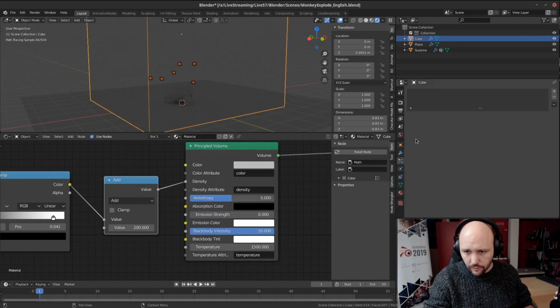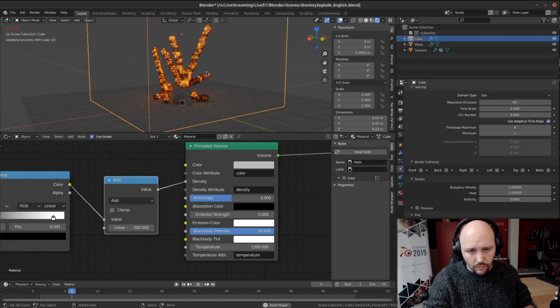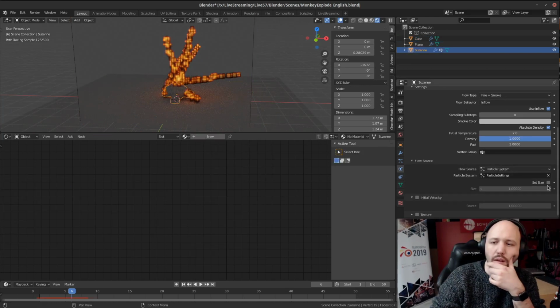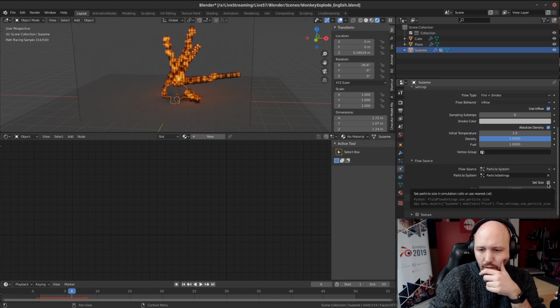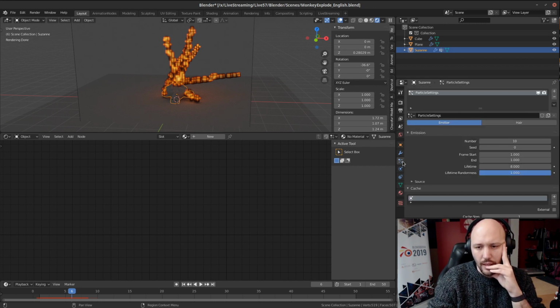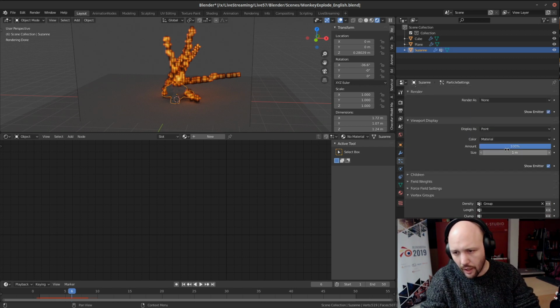Let's try again. I'm not sure. I think this should be the workflow, but maybe not working. Set particles in simulation cells or using the nearest cell. Yes, I think it should be working. So I'm not sure why it's not working right now. I will ask